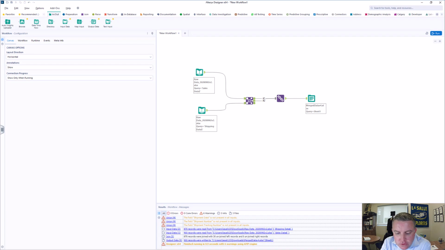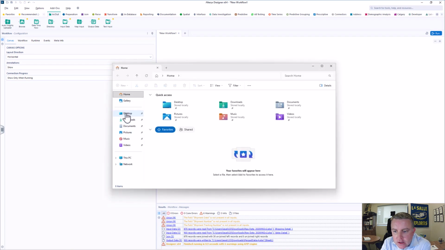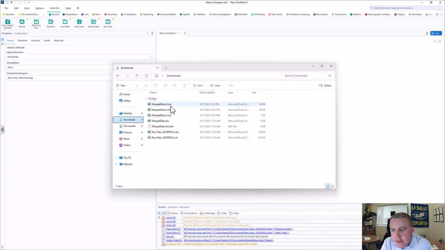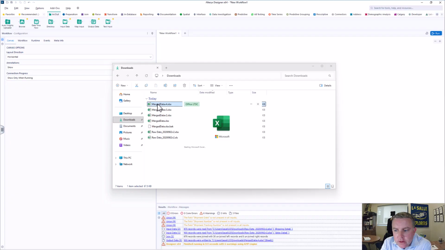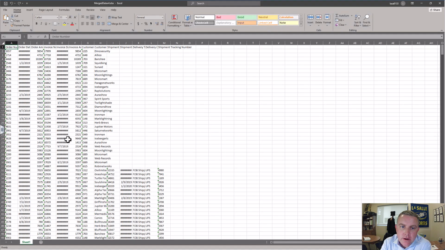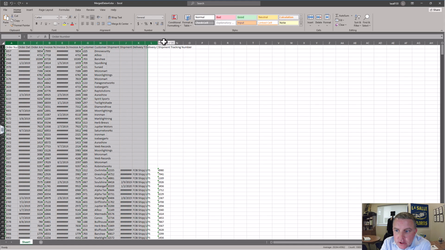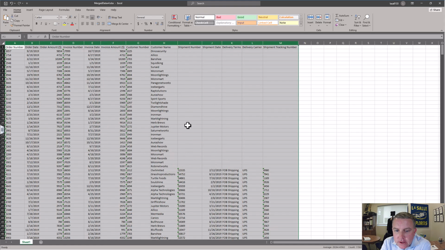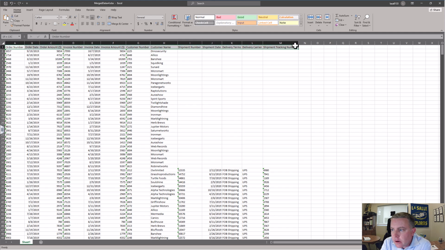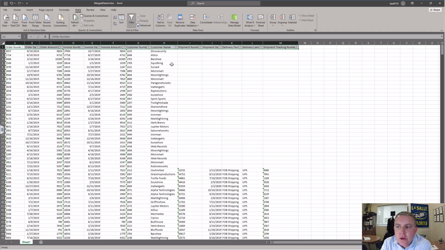So if I want, I can go to my files and look in, and by the way, I'm in the University of Arkansas's remote desktop right now, and by default that saves the data to this downloads folder. So I'm going to open up this file, and we should see the result that we're looking for here, and it looks like that we do. Columns are kind of scrunched, so I'm just going to select all the columns, and then up here I'm going to put a filter. So I'm going to say data filter,